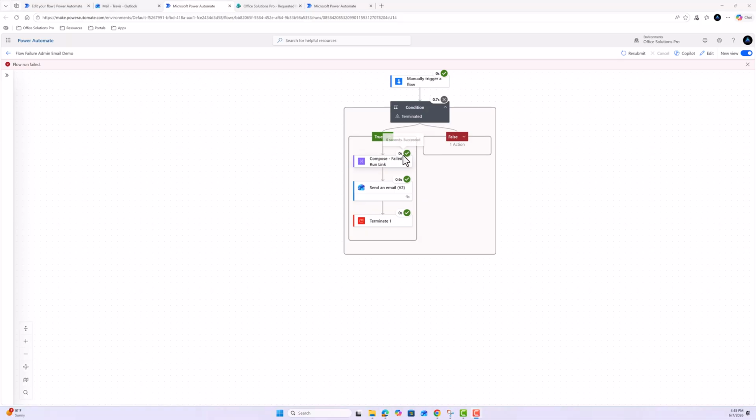Now, what are some changes that we could do to this, or things that we could modify to make this work either better or suit our needs? Now, I like to put the compose in here, but you don't have to do this. You can actually build this directly into the email so you don't have this step at all. One of the reasons why I don't like doing that is